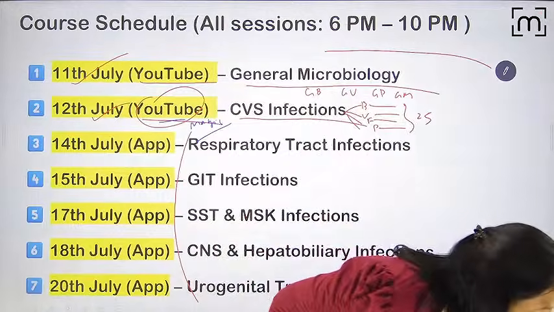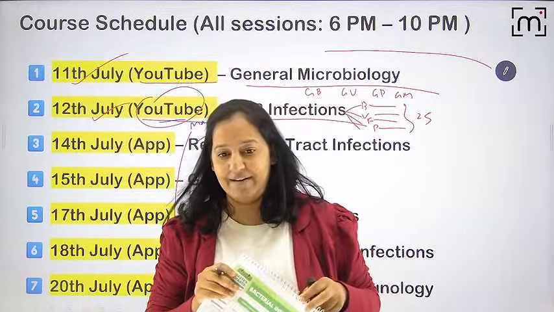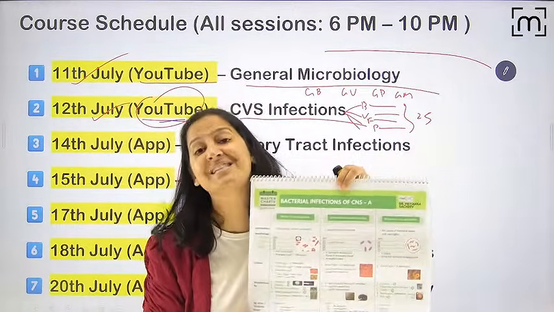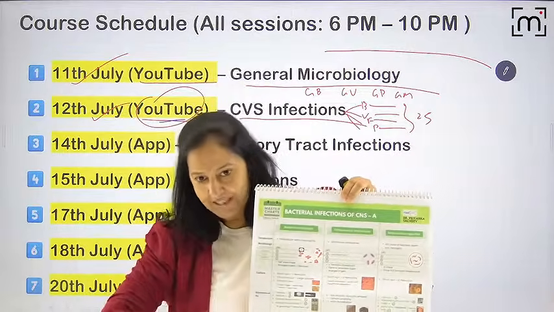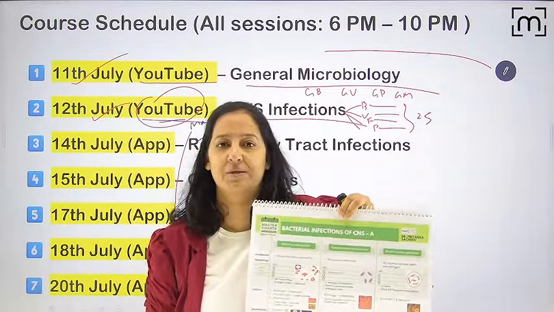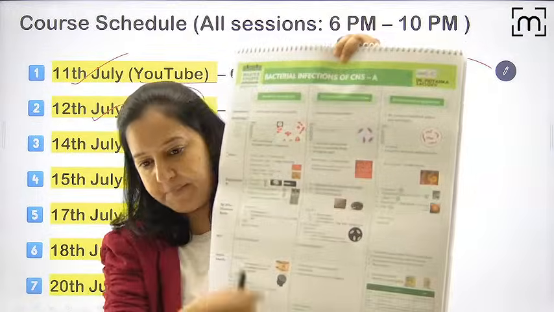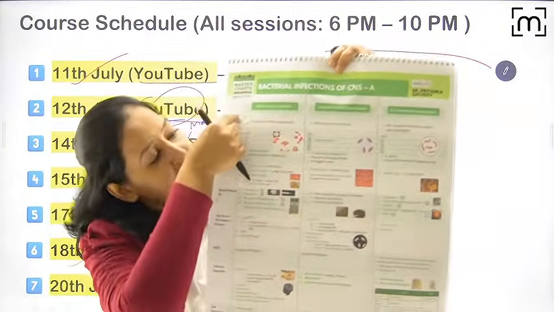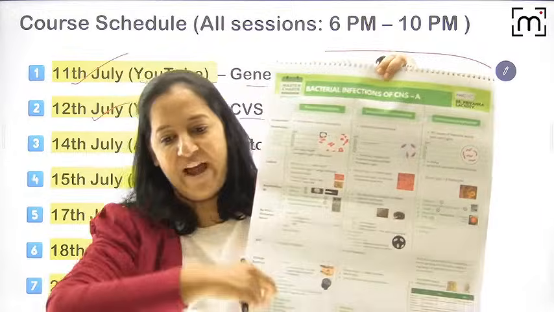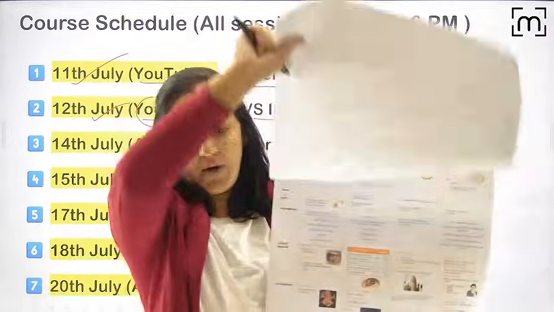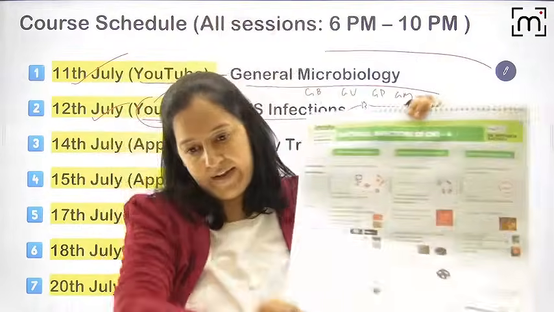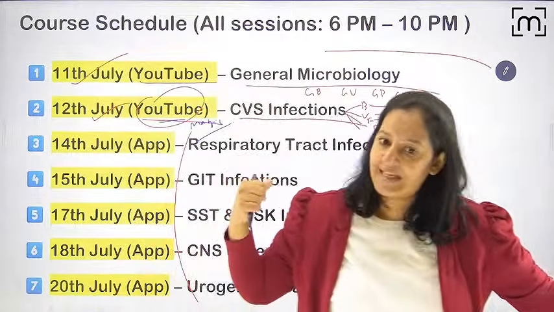Okay, this is a copy. It's a calendar that you have to hang on your wall. It's 66 pages, actually 33 pages, front and behind, so 66 pages. All the microorganisms are covered in comparative tables. I guess you can see the tables. Under a fixed set of headings, all the 150 microorganisms, system-wise, we have done the color coding. It's covered, and I'm going to teach in that format only.